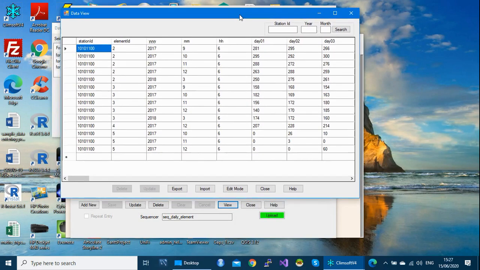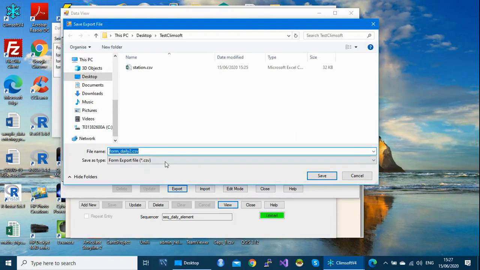And in case you want to share this data, you'll just come here, click at the export button. And then by default, it will give the name of this form. And then that's it. So it will be a CSV file.